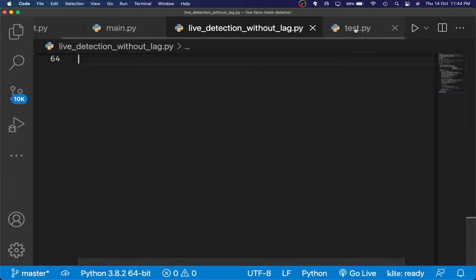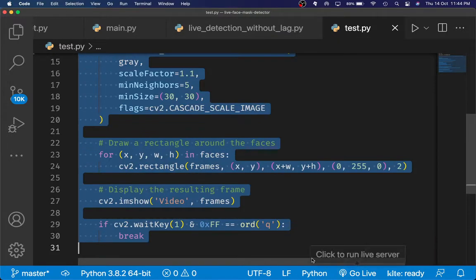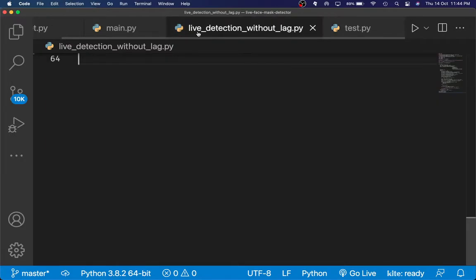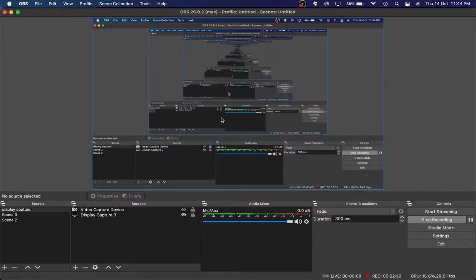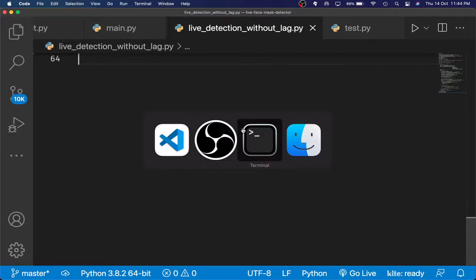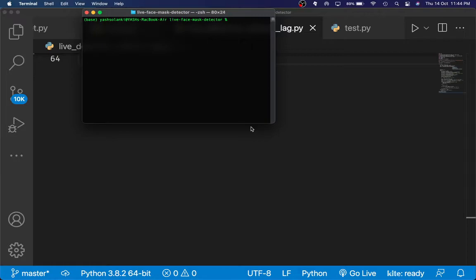Not a whole lot. I also have this thing called test.py, where I was just messing around with OpenCV. Nothing too complex. And that's pretty much the entire project. Now it did take me 22 minutes to even walk you through this project, let alone code it out. If I tried to code it out, I would probably run into a million errors or bugs along the way, and it would take me hours to get it done.